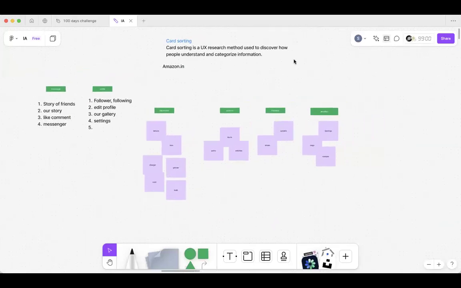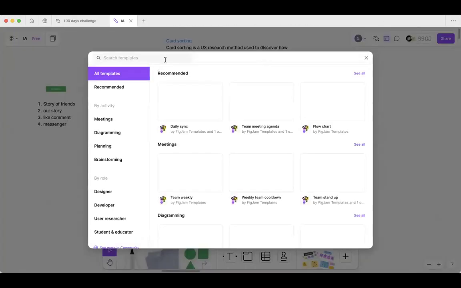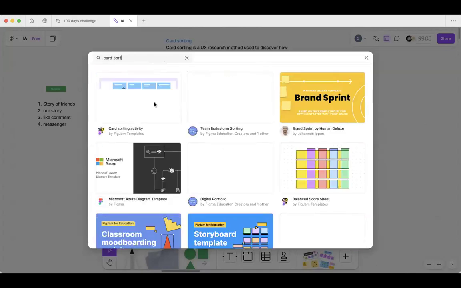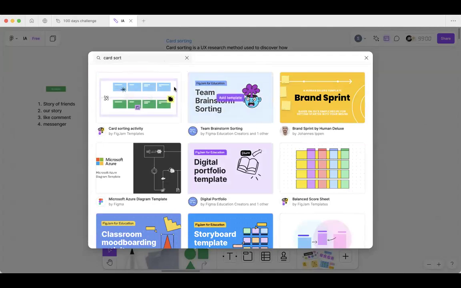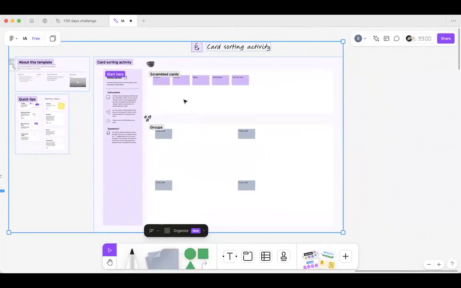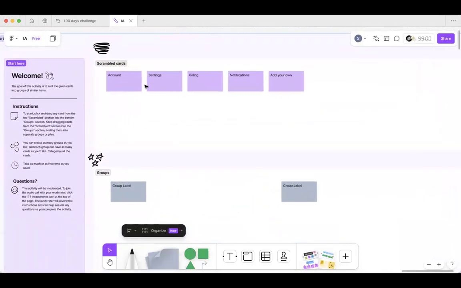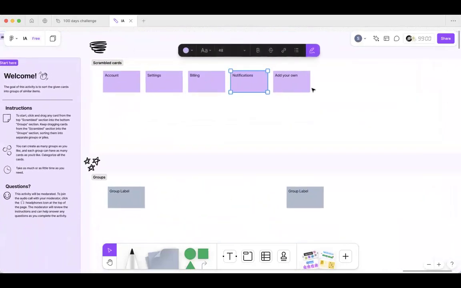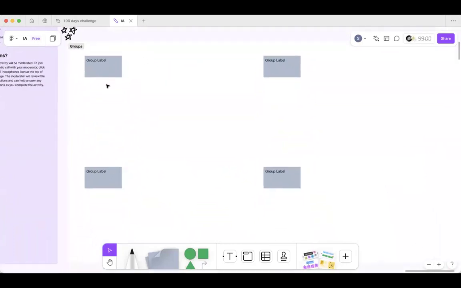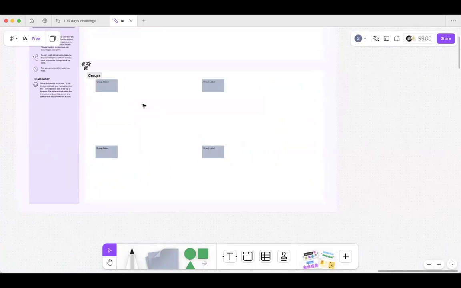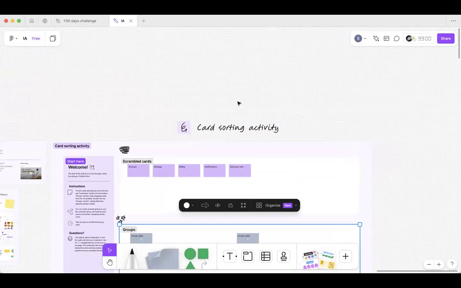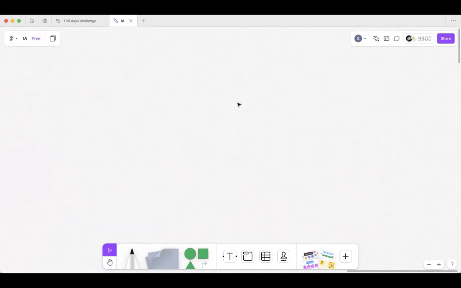You can also check out for the template for card sorting. So we have card sorting exercise. Okay, so you can see they have made this settings, like this is all the pages that they have. So after that you can group it, you can label the group and all. So again, you can go with this template, or else I would say you can just take our own template, which was,